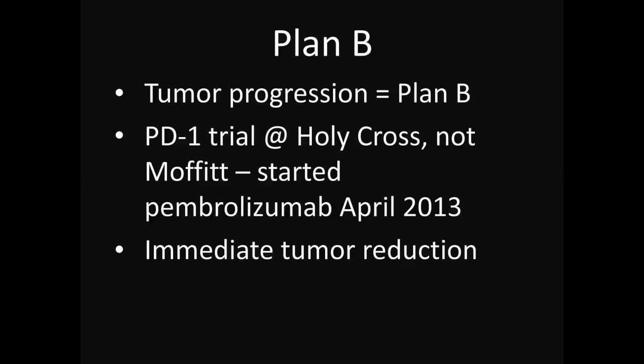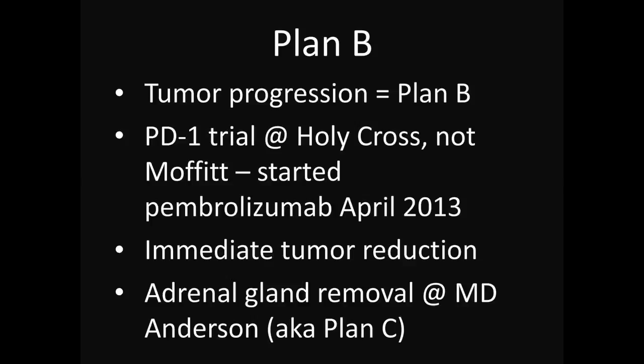We did have a little bit of a hiccup in the road. Last summer, an adrenal gland tumor popped up, and I was fortunate enough to have good guidance from the oncology team here to say, we don't know what this really is. You should really go back to Moffitt and get an opinion. And Moffitt, keeping with the same mantra, said the best care you can get for something like this would be at MD Anderson in Houston. They can actually remove this tumor and bank it for a potential Plan C down the road,